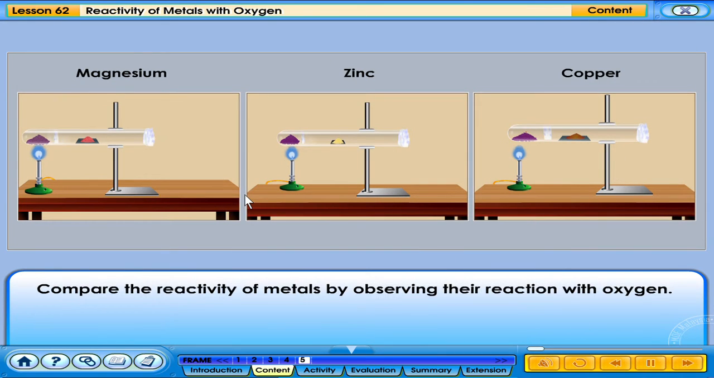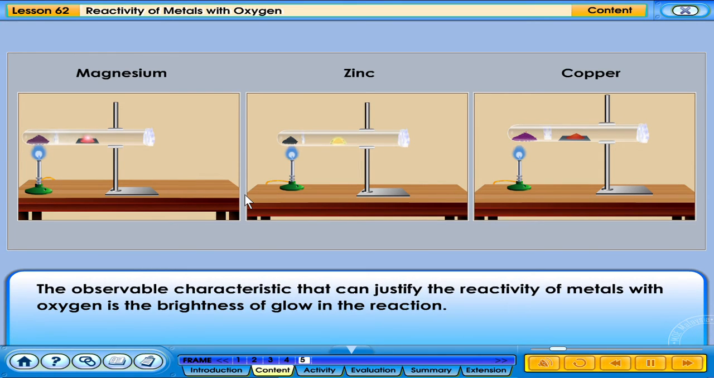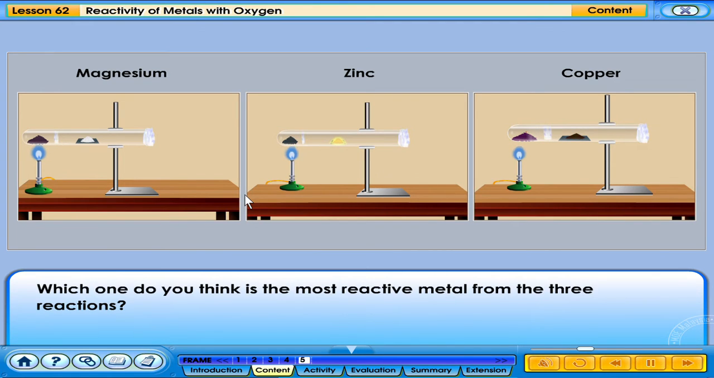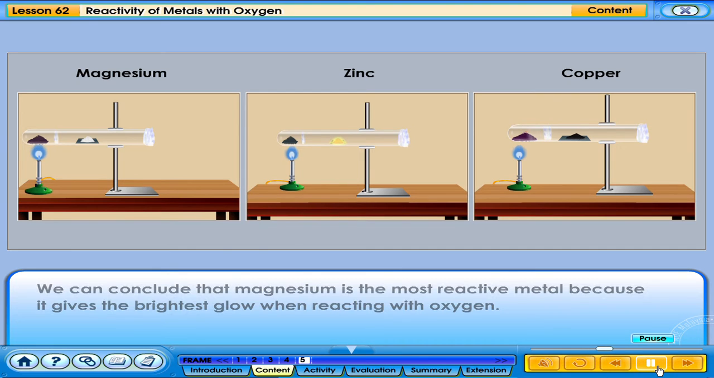Compare the reactivity of metals by observing their reaction with oxygen. The observable characteristic that can justify the reactivity of metals with oxygen is the brightness of glow in the reaction. Which one do you think is the most reactive metal from the three reactions? We can conclude that magnesium is the most reactive metal because it gives the brightest glow when reacting with